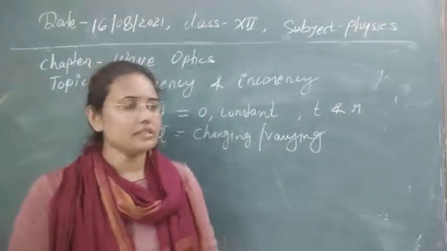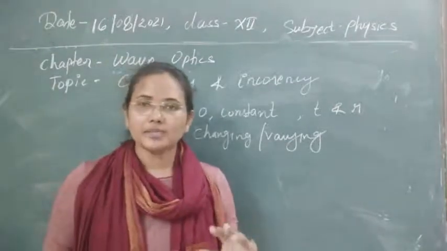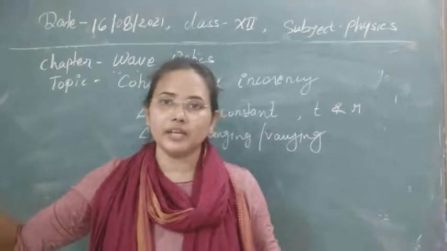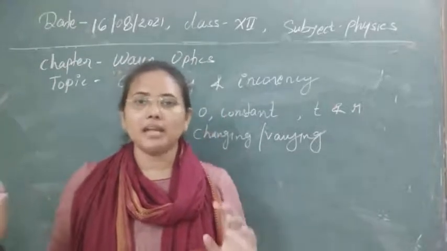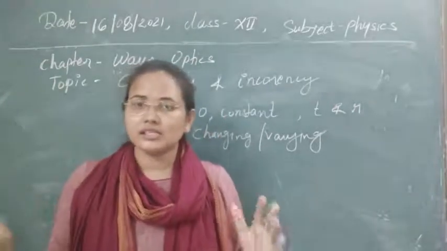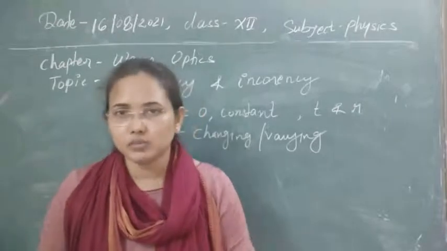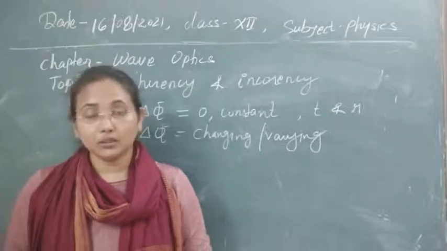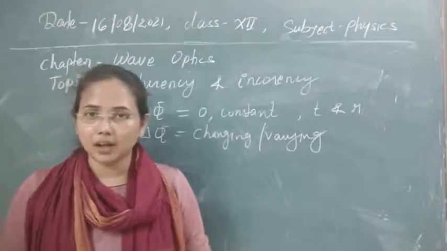It means two waves that are not coherent with time as well as space cannot be coherent. If you have started your journey from here, and someone has started a journey elsewhere at random speed, random timing, you are stationary or walking, such a situation is called incoherency in waves. So I think coherency and incoherency are now clear.